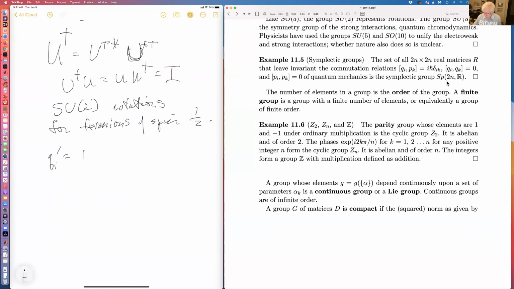Qi prime would be Rij Qj, or rather, all right, the Qi's would be that, but then Pk prime would be Rk L P L, and you see the problem here is that